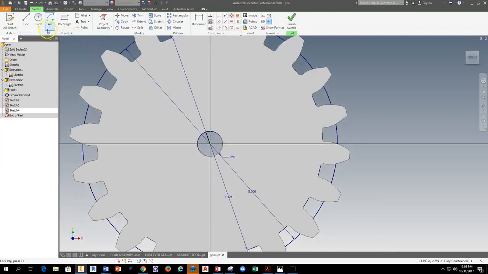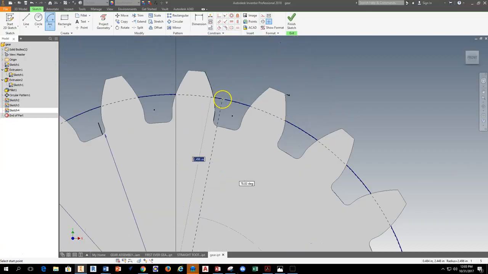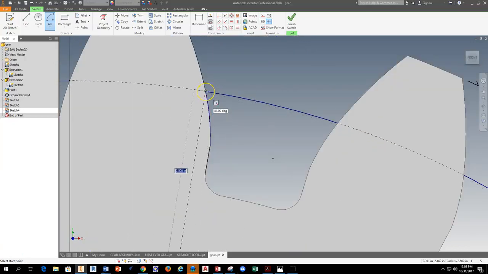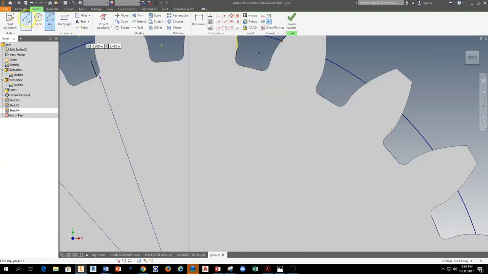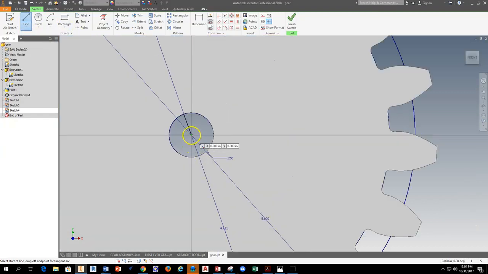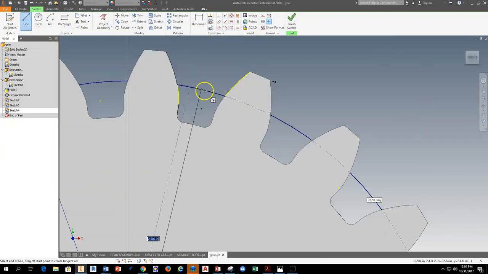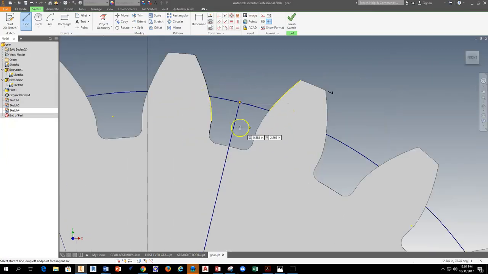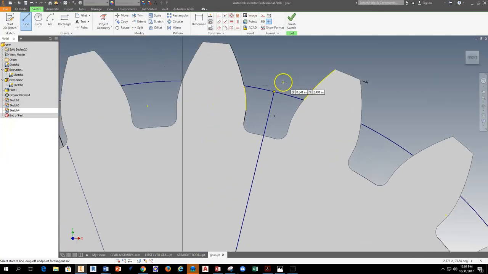In order to make an arc length, I'm going to grab my arc. I'm going to come down and find arc center point, the center point of the gear. I'm going to come up to the intersection of the pitch diameter and where I want to start my arc and draw an arc from one side to the other. Now that I have an arc, I should be able to get a radial line from the center of my gear out to the center of my arc. I'm doing this for several reasons, but the next thing I need to do is get a